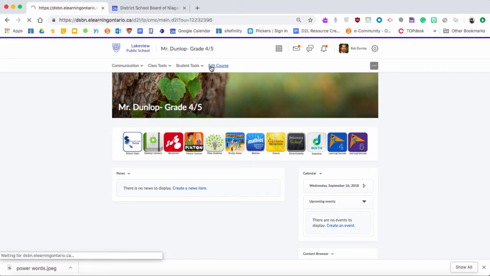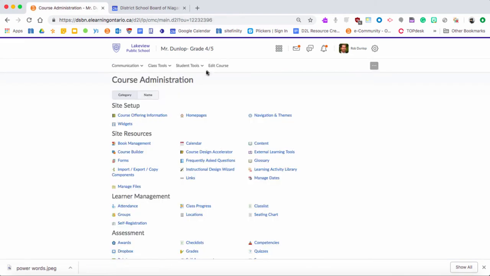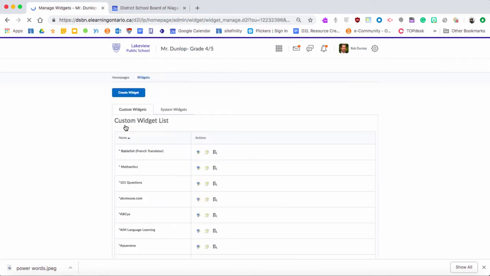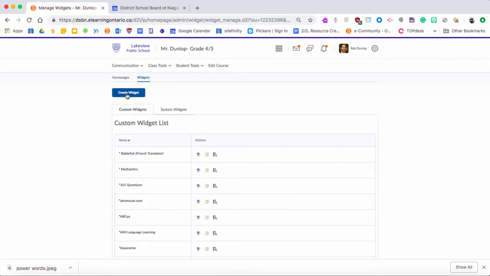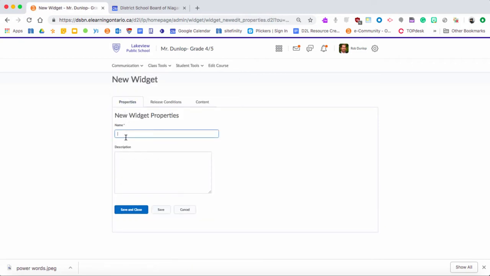So we're going to go to Edit Course. Inside of Edit Course, we're going to click on Widgets. And in Widgets, you're going to see a blue button, and this is Create a Widget. So you're going to click on that. And for the sake of this, we'll call this widget Google Calendar. Now, when we save and close that,